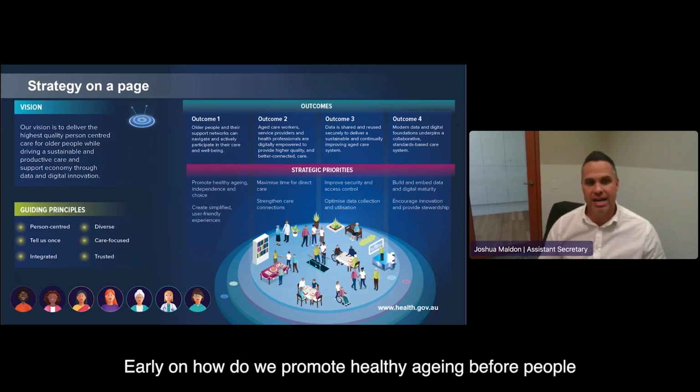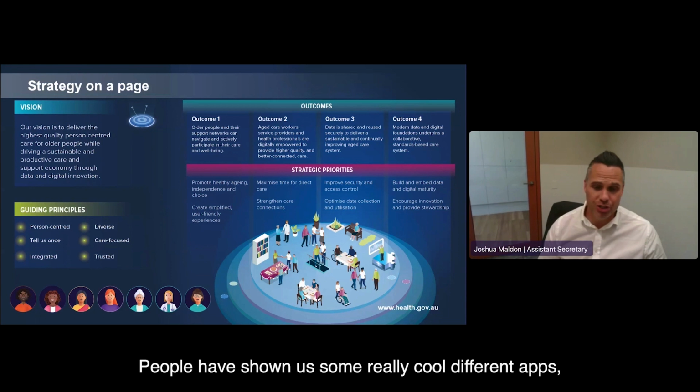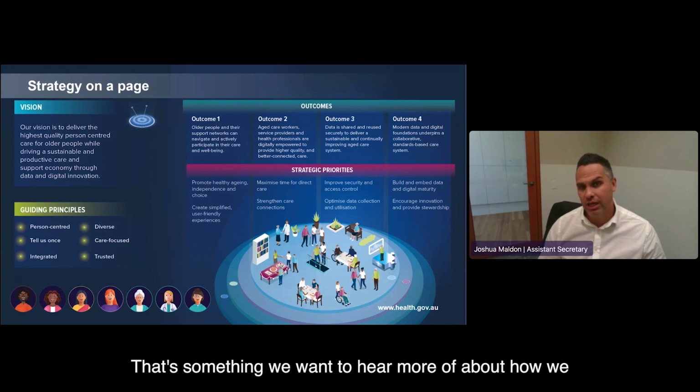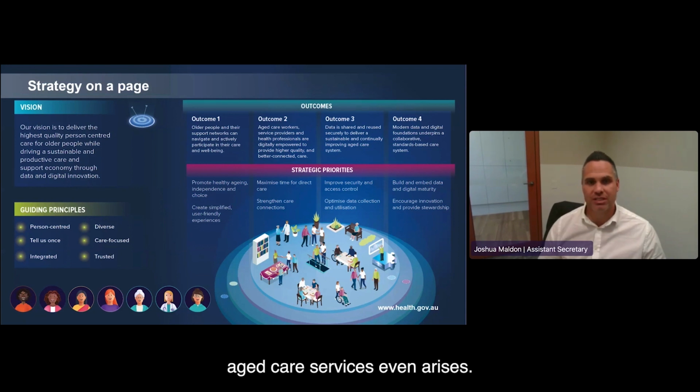How do we promote healthy aging before people even need to interact with the system for aged care? People have shown us some really cool different apps, the reablement apps that are available, those sorts of things. That's something we want to hear more of about how we can actually better support people before the need for aged care services even arises.